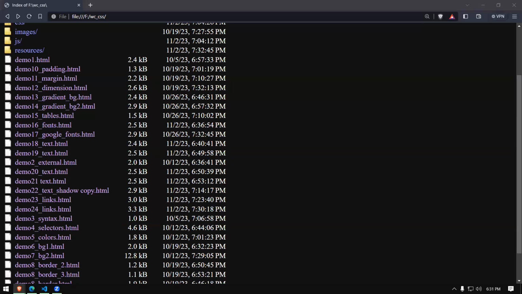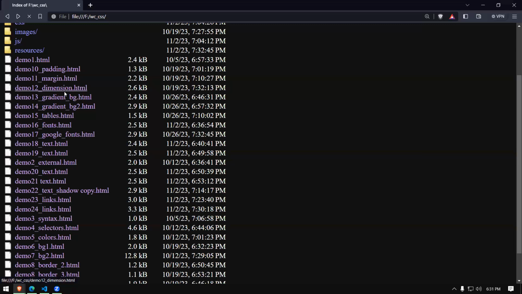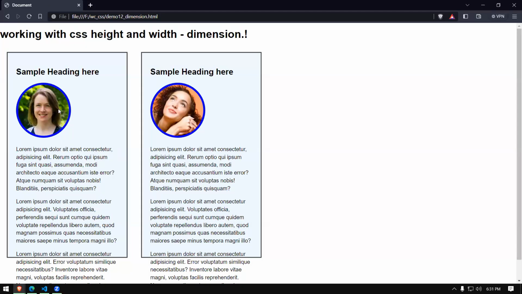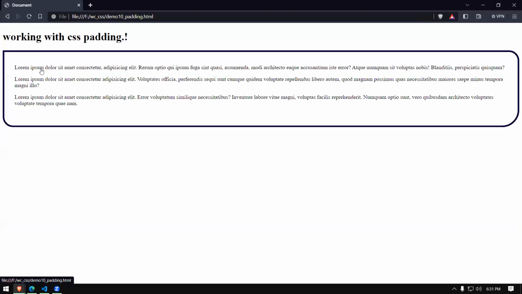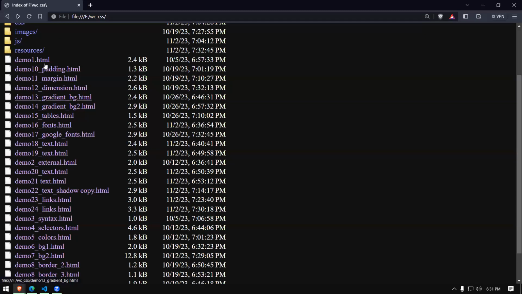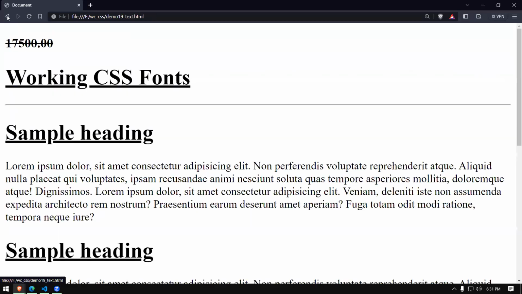Right. We did about dimensions. In the dimensions, it is basically about the height and width, right? So we did about margins. We did about padding. We have done about borders, a lot of things, right? And we have started working with text,